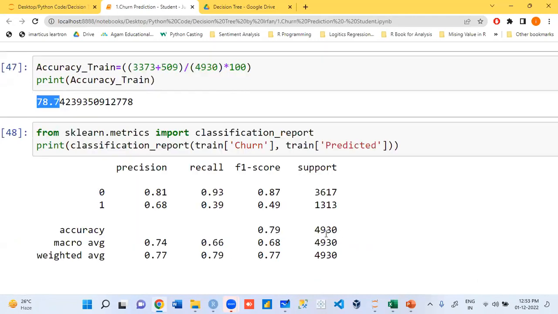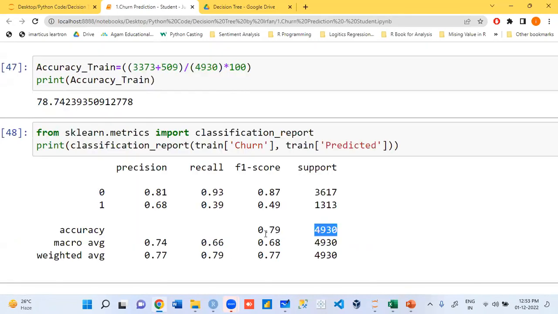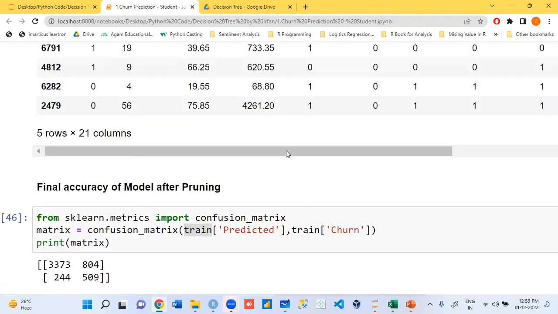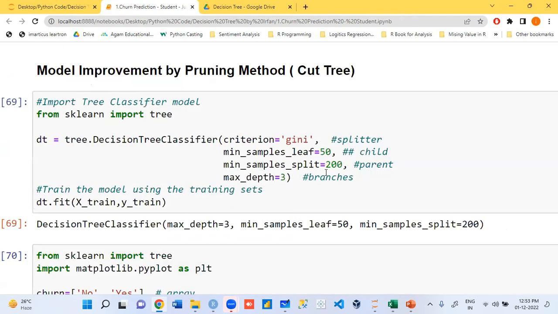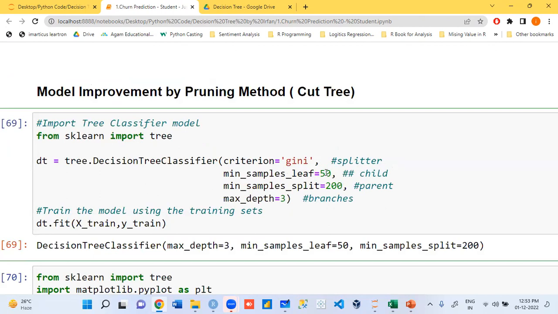How many rows are there? 930. Accuracy 39%. Proven. We are done with one combination. Can we try a different combination? What do you say? Yes, anyone please. 60.